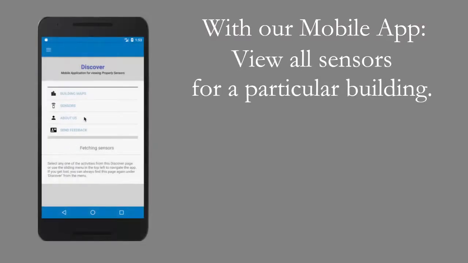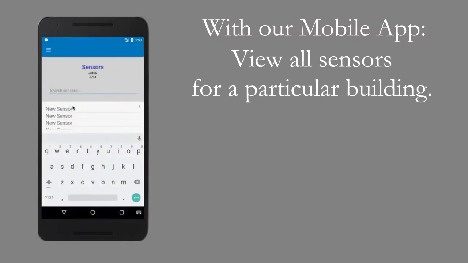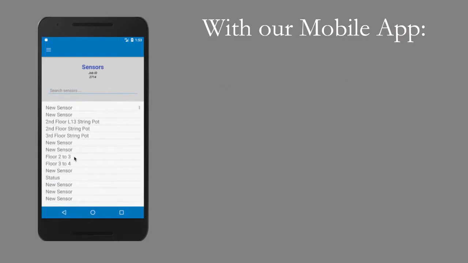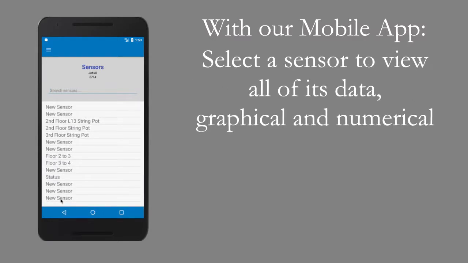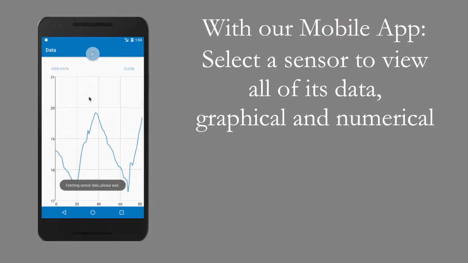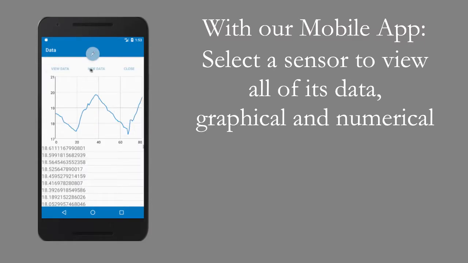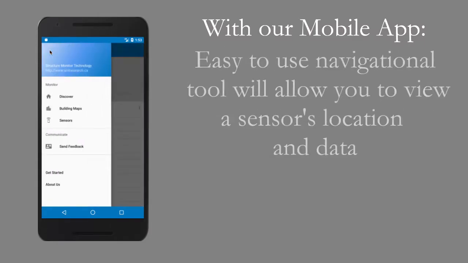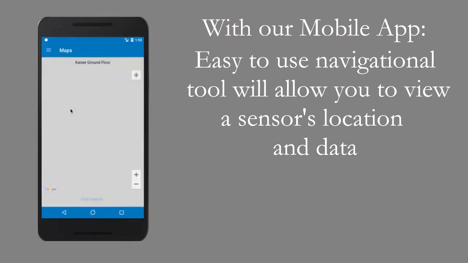The mobile application readily views all sensors associated with a particular building. Here, you can select a sensor from the list and view all its applicable data, both graphical and numerical. The easy-to-use navigation system will also allow you to view a particular sensor's location. Here, you can also view the sensor's graphical data,